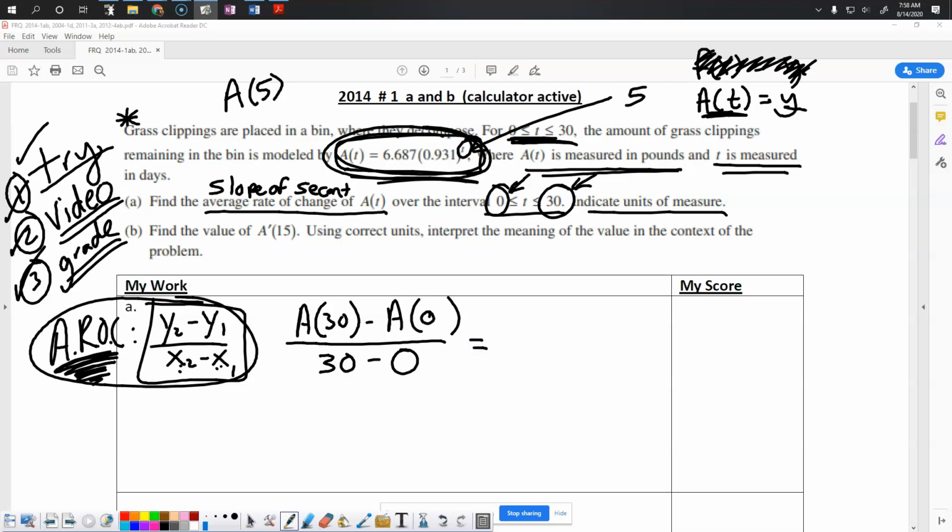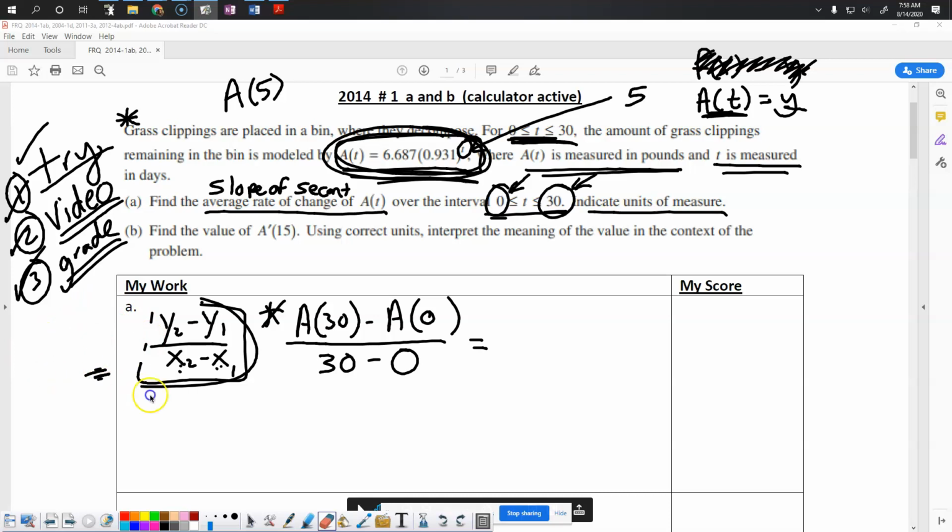So finding an average rate of change is done by plugging in your 2 t values into your function and then doing your slope formula. That's how you do an average rate of change. It's the slope of a secant line. Now, here's all that you would really need to have on your AP exam. I just know this from experience. In the box here,